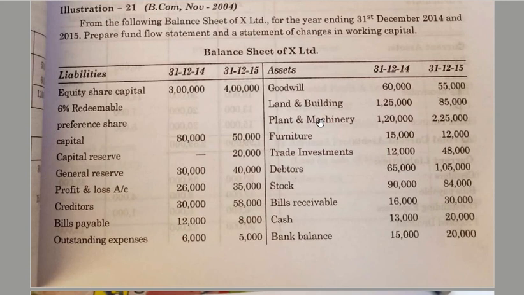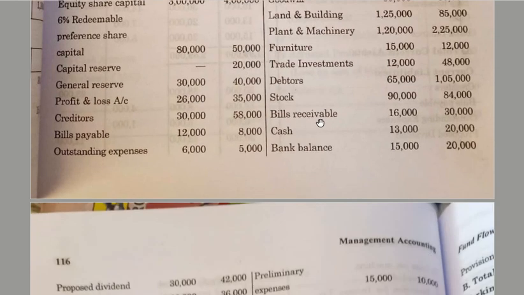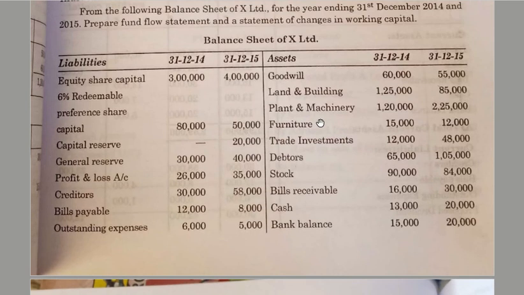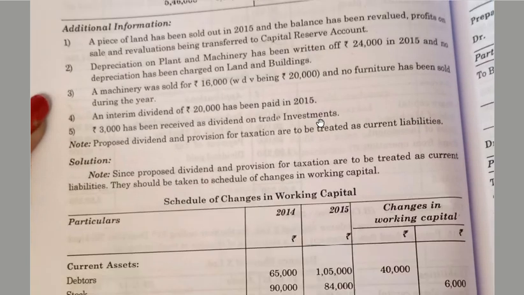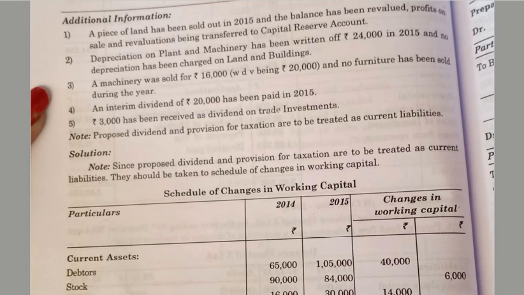From the following balance sheet of X Limited for the year ending 31st December 2014 and 15, we are supposed to prepare your fund flow statement. So they've given liabilities and assets. So moving on to your adjustments, a piece of land has been sold out in 2015 and